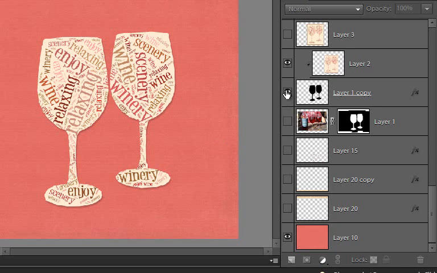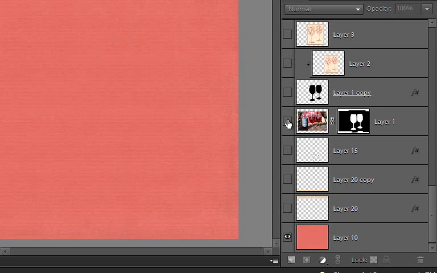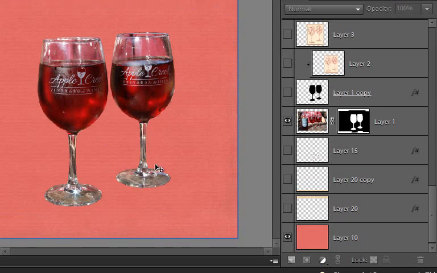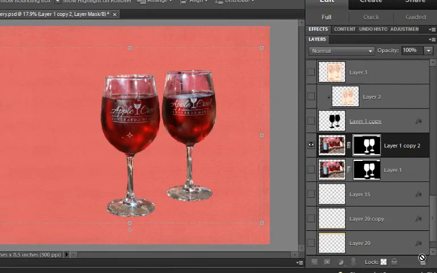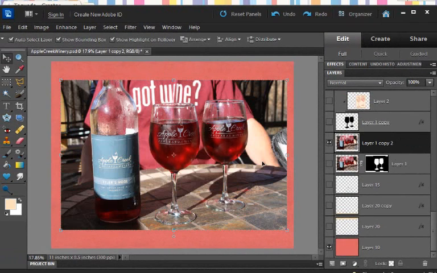Okay, so let's turn these layers off. And I have my wine glasses extracted here. I'm going to go ahead and duplicate this layer so I can take off the mask, just so I can show you where I started from. So here's my photo. It was actually earlier in the day at a different winery, but I was trying to find some photos that had a finite shape that I could fill with